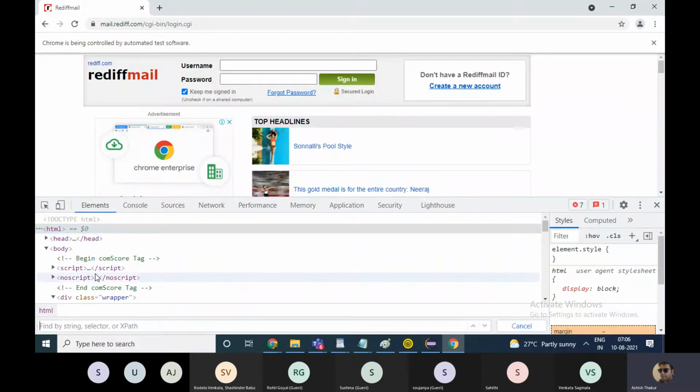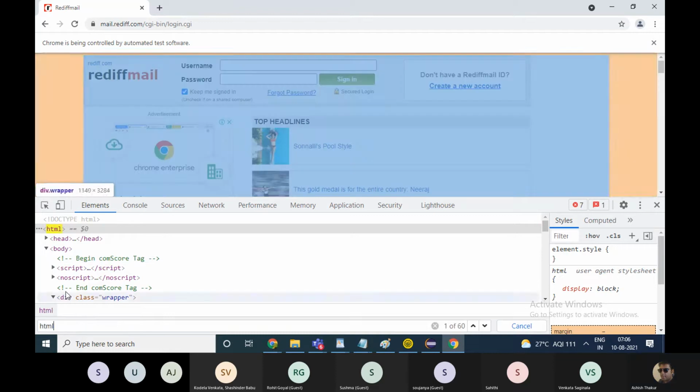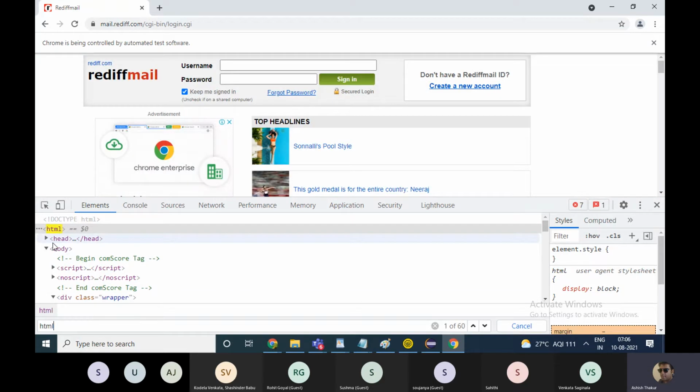If you hit Control F on the keyboard, you will see a text bar coming up at the bottom in which you can write anything. So this is the HTML tag, so I'll just write HTML, and it will be highlighted in yellow.